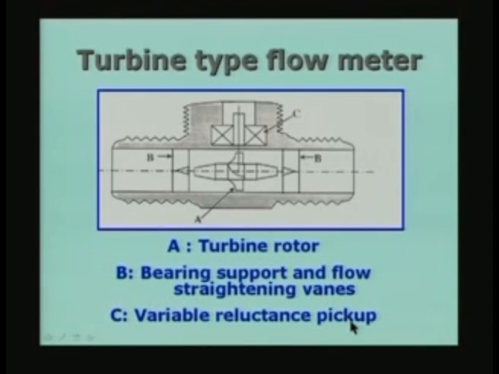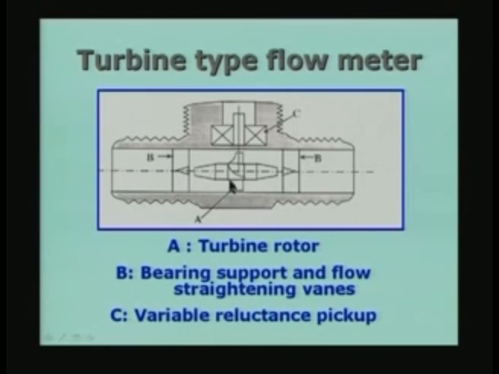And the turbine tube flow meter, this is another meter which can be used. It is essentially like a turbine. So, if a certain volumetric flow rate takes place from the left to right, the turbine is nothing but a device with blades on the periphery of a rotor, and the number of times it is going to rotate is proportional to the velocity of the fluid which passes from this side to this side.